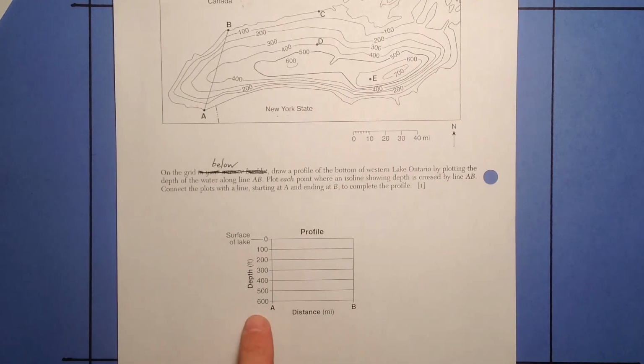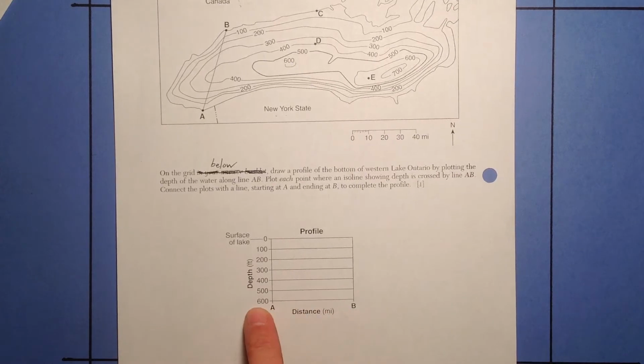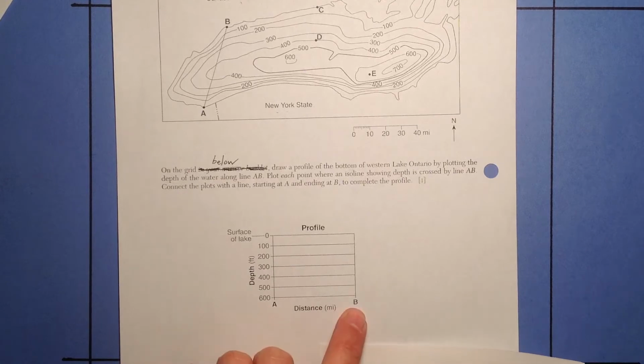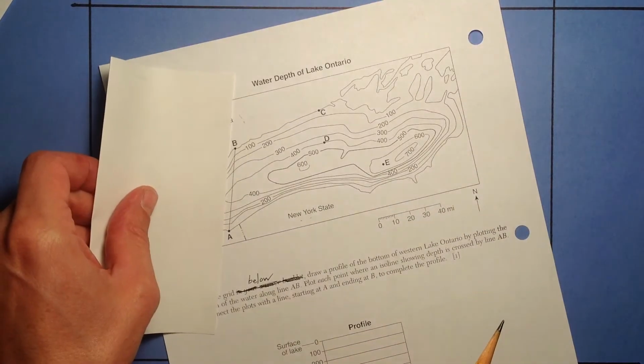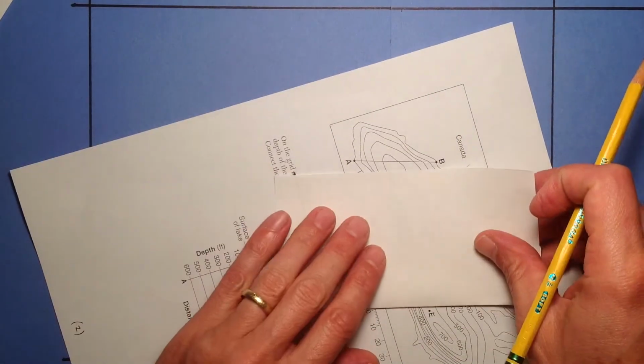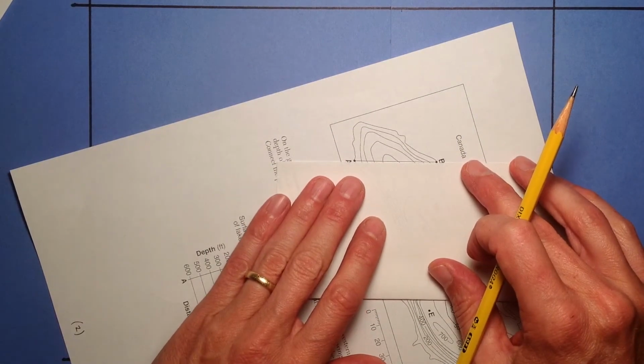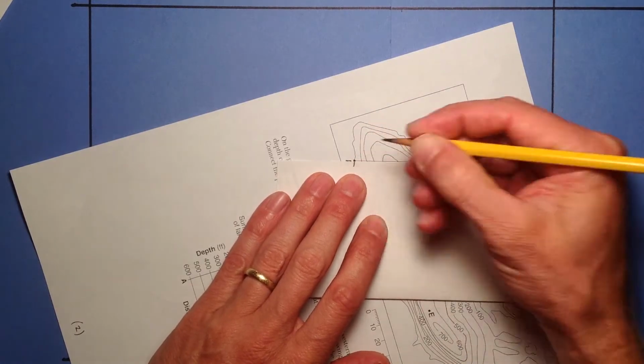This one here does not have A and B for you, so you have to mark the depth there. Now the key thing is that A is on my left, B is on my right. I have to do the same thing here. If you go this way, you usually get it wrong. So you want to go like this, and then you want to mark A and mark B very clearly, right